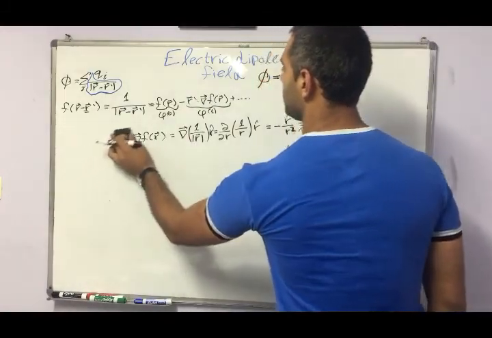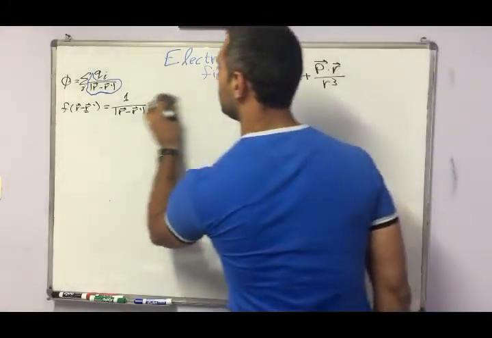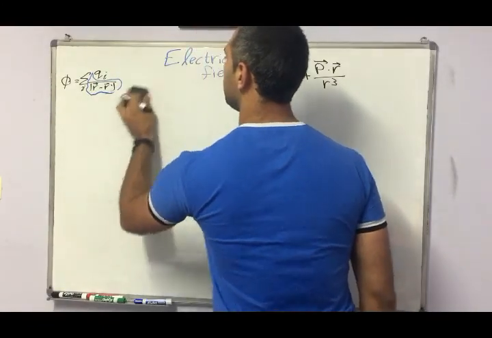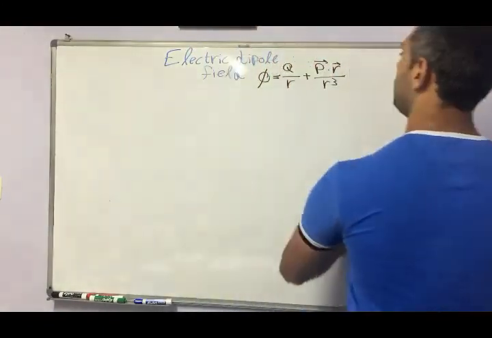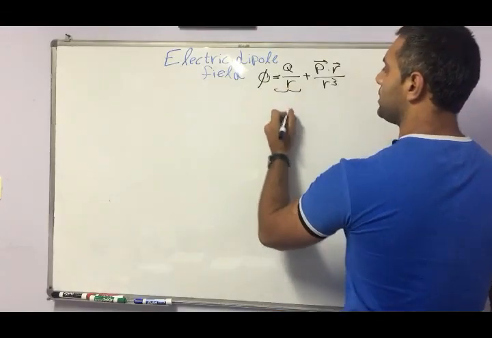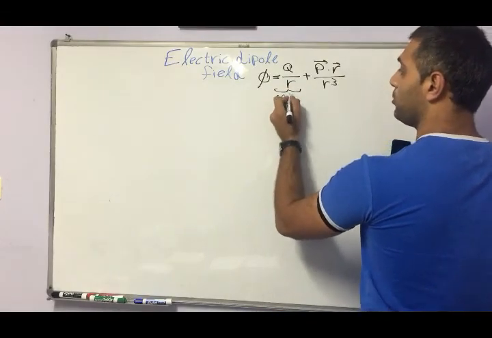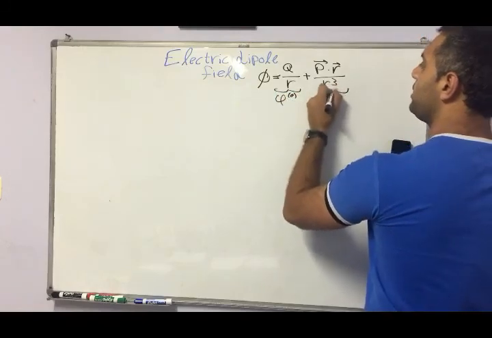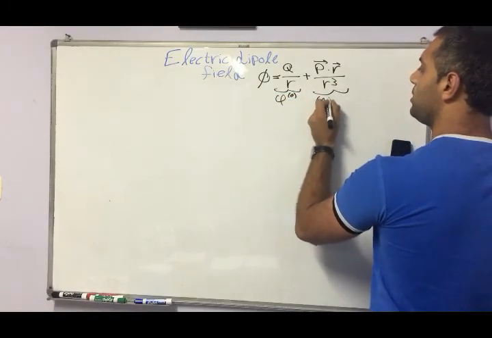We will need this result. This one, as I said before, is the Coulomb potential, and this one is the dipole